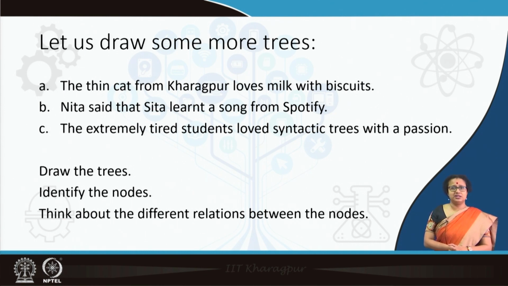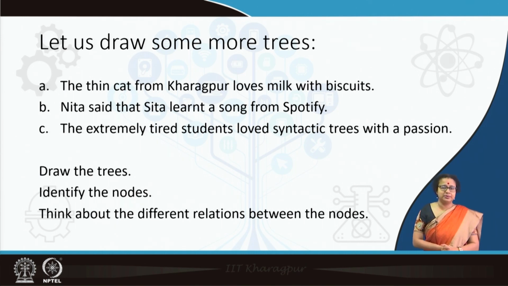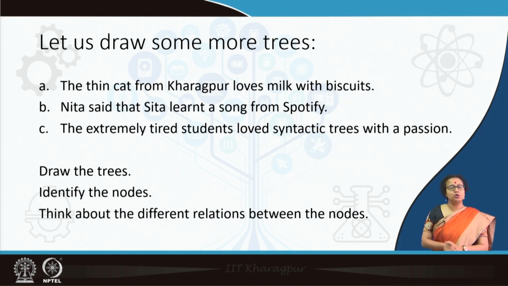Now, you can actually draw with the X bar schema, it will be easier for you, and consider either IP or TP for sentences, and then use spec and I bar and I and VP, and then you have other components like adjuncts. It is your call to incorporate the adjuncts. If you have more than one adjunct, what will happen, and how will you accommodate complements and adjuncts together if you are trying to draw them? So, it is your call to think about the structure of the sentences.